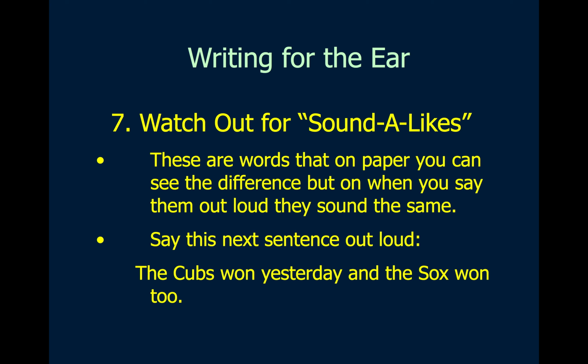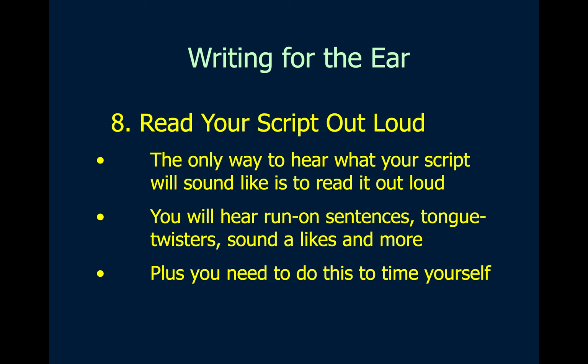So how do you find sound-alikes in your script? This leads us to tip number 8. You have to read your script out loud. If you don't read your script out loud, there's things that are going to happen to you, and none of them are good. The first thing that's going to happen to you is you're not going to hear those sound-alikes. You're also not going to hear tongue twisters and run-on sentences. And you're going to just hear what it sounds like, and maybe it sounds awkward, or maybe it sounds weird, or maybe it's too long of a sentence, maybe it's too short of a sentence. You hear it, and your brain listens to you talking, and it processes it, and it will tell you to make corrections right there on the spot.